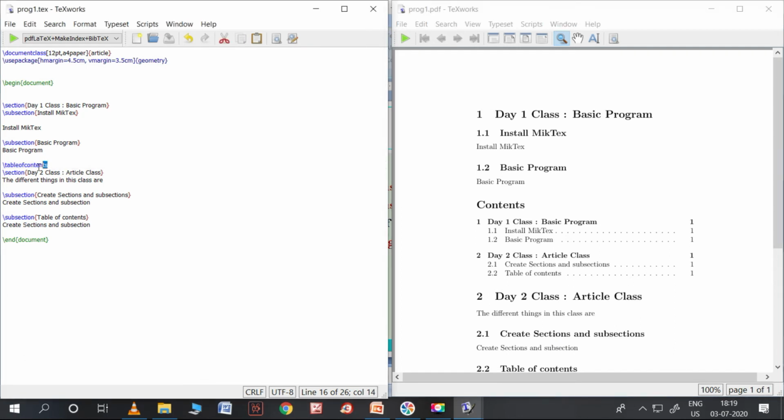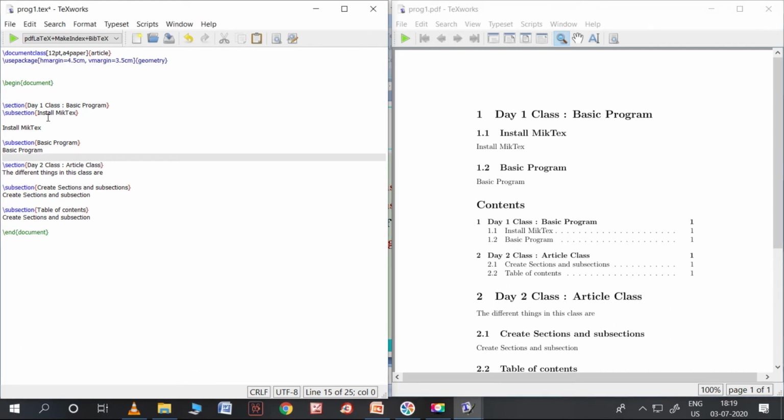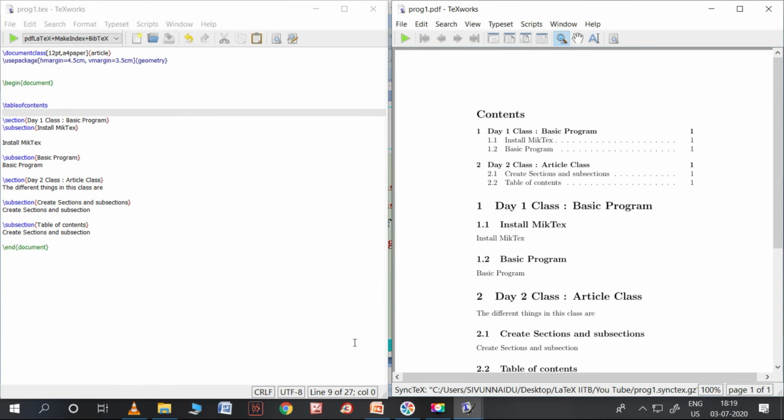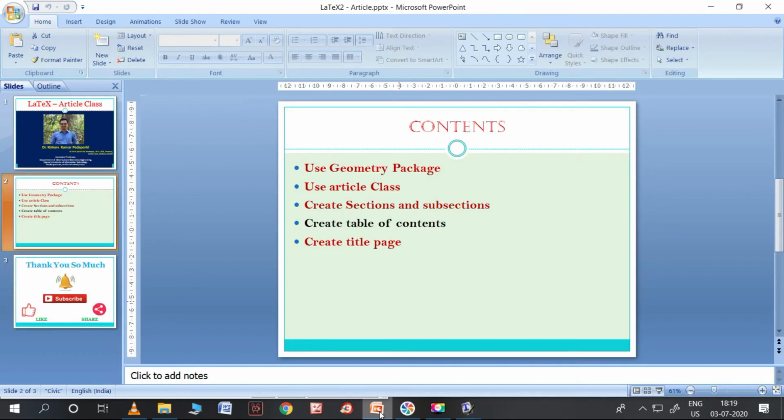It should be just below begin document. That's all. Up to now we have studied the geometry package, sections and subsections, and table of contents.